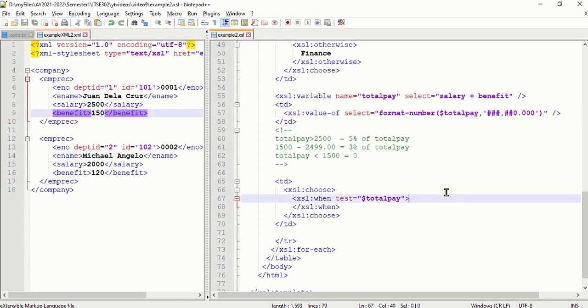So if the total pay is greater than, okay, this time we will not be using the greater than symbol like this. As you can see, there will be some confusion here, right? Because of the greater than sign here, then you have another greater than sign here. So what we will be using is the entity for the greater than sign, which is the ampersand GT semicolon. This is the greater than sign. So if it is greater than 2,500,